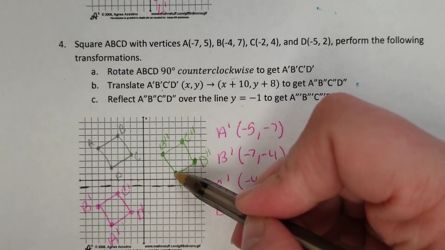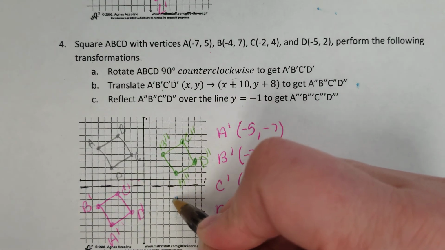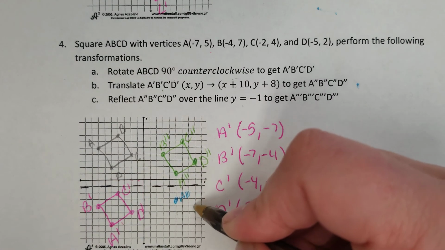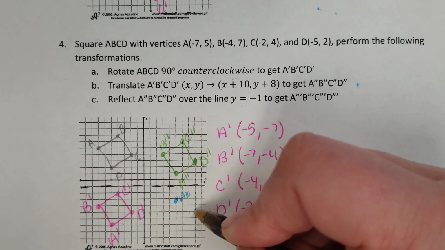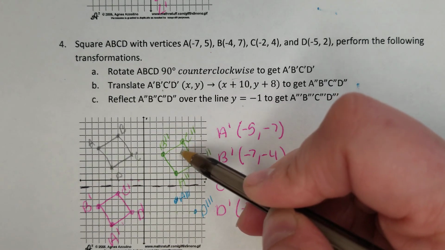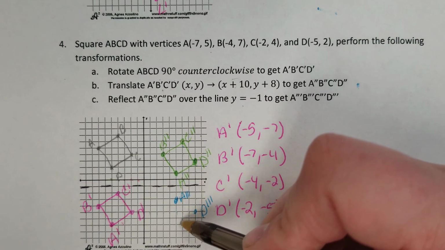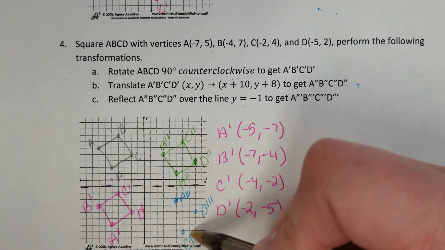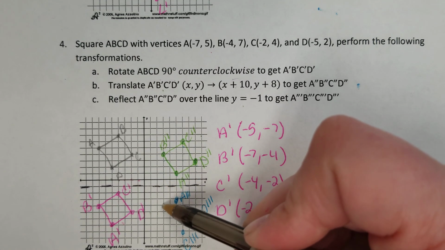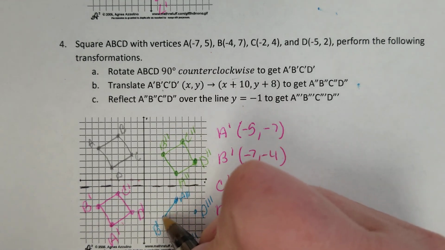So if we're starting at A, remember you count down to the line and then count the same number past it. So there's triple prime. And there is our final